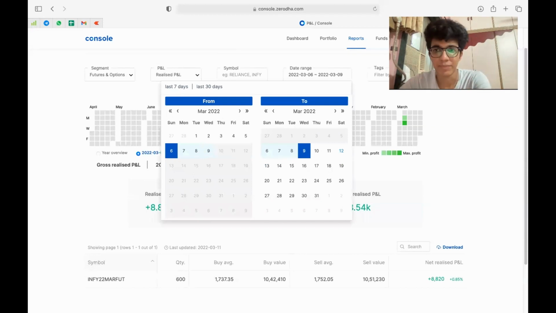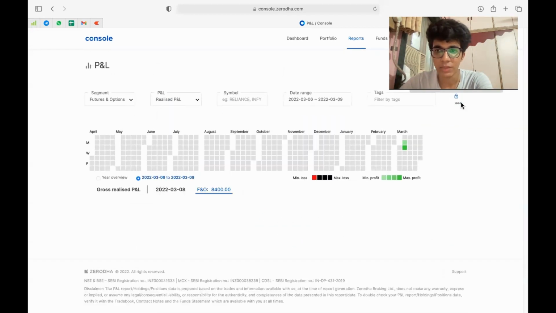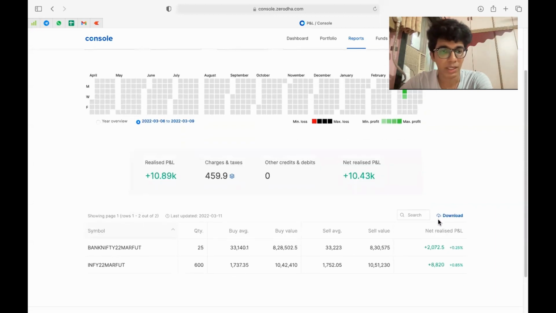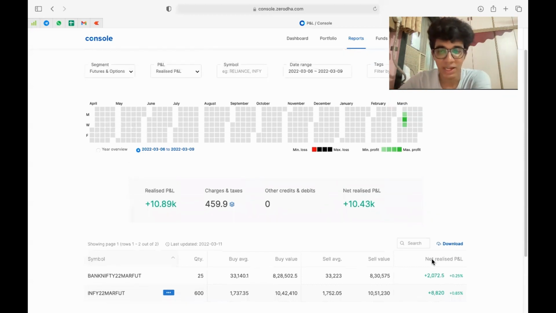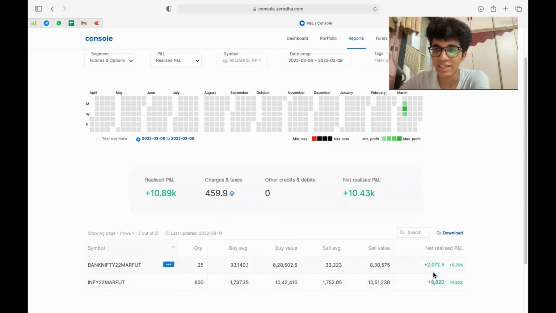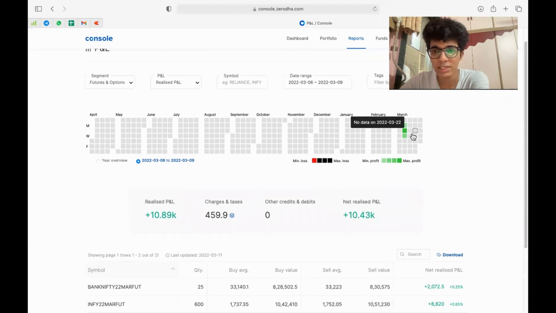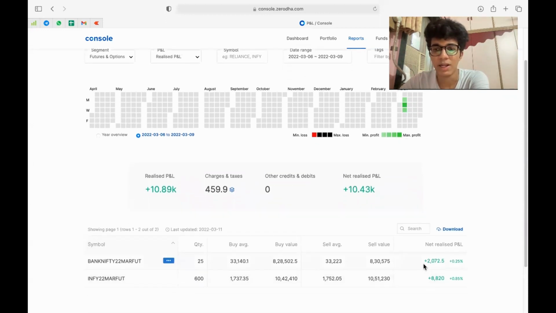That is Wednesday. So on Wednesday, we have our classic Bank Nifty futures intraday, which is what I mostly trade in. And again, like I told you, my daily risk appetite is 2,000. My target was also around 2,000. And on Wednesday, we booked 2,000 rupees. Out of this 2,072, the charges are around 200 rupees or something, so we took home around 1,872 or something like that.